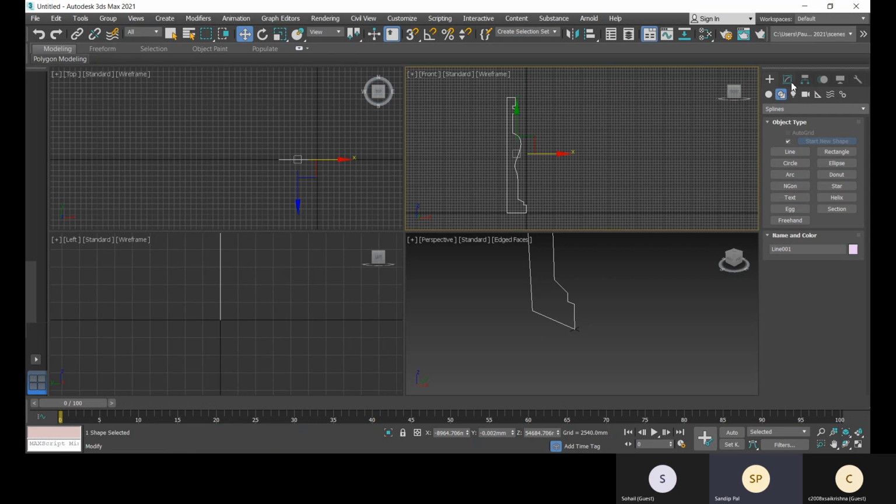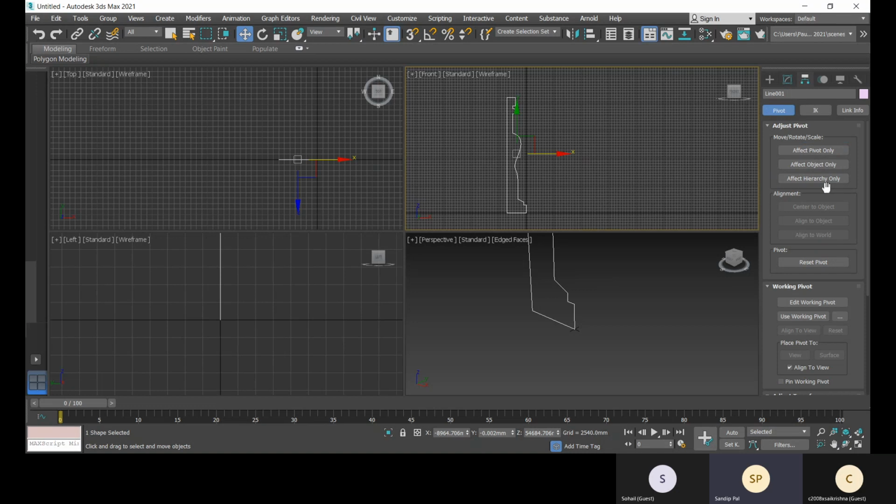So for that, I can go to this hierarchy tab, and there this pivot, pivot or gizmo. Okay, so effect pivot only. I'll click on this effect pivot only, and then I can move it. I need to move it exactly to the midpoint, so that will be better for me.